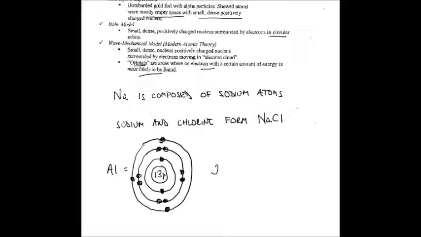The electron configuration is 2-8-3. It has 3 valence electrons, and when we draw it, 2 on top, and then 1 on the side. So if we turn to page 3,